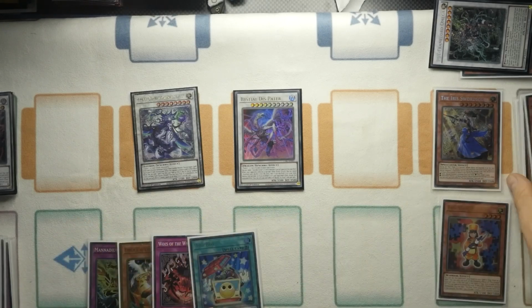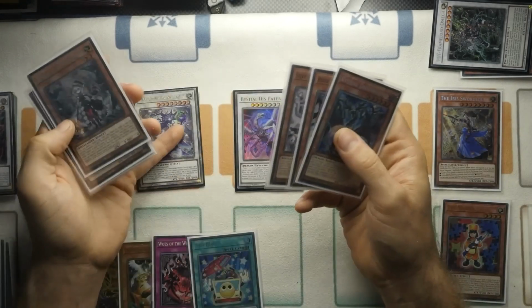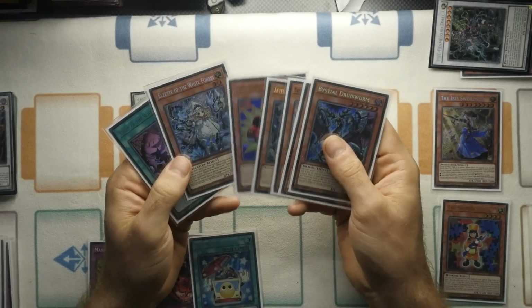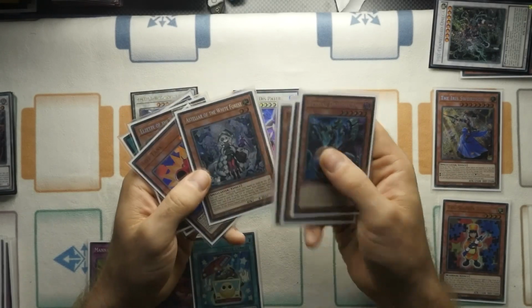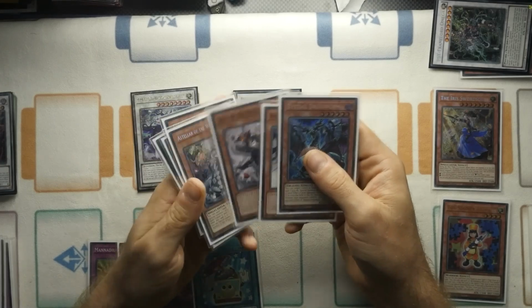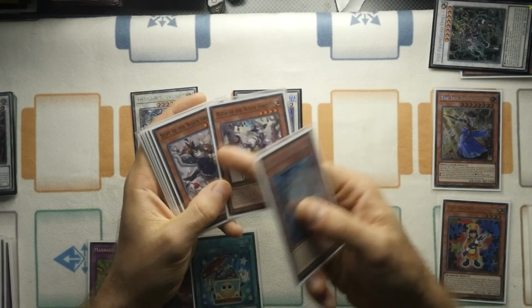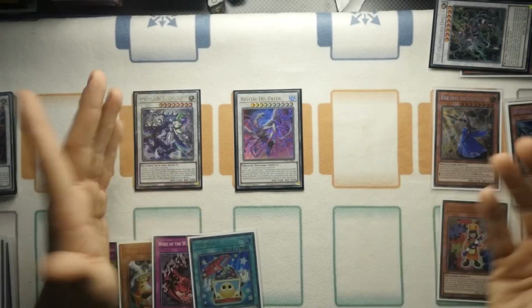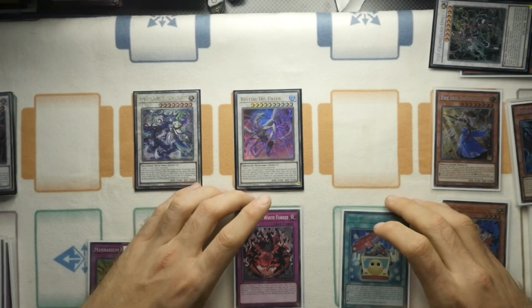Then what you're going to be able to do here, of course, keep in mind that if you wanted to, you could spin this back to get another level 4 tuner to the board, but I honestly don't think you need to. You've got the ability to loop back the LZ, you've got the ability to loop back the Estella later on during your opponent's turn, and you've got the quick effects to loop back both of these as well. So you could overlay both of these if you wanted to for the rank 8. Honestly, I'm just going to be going for Woes